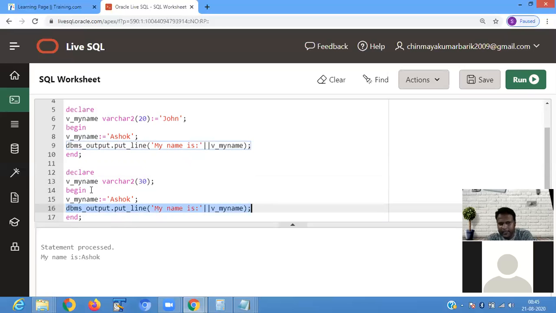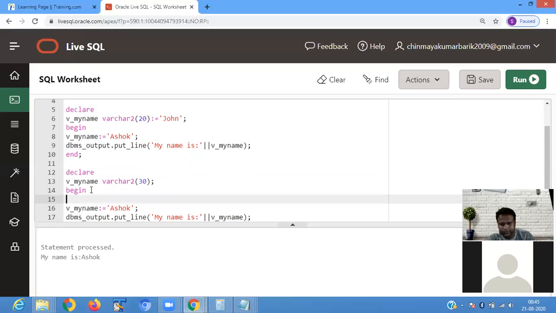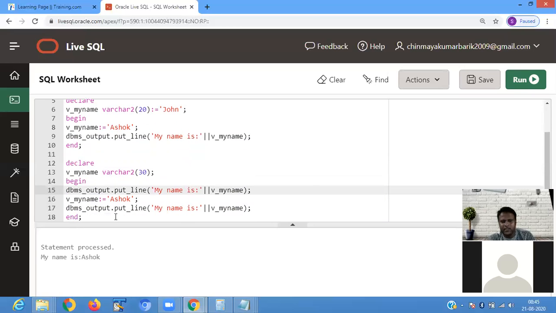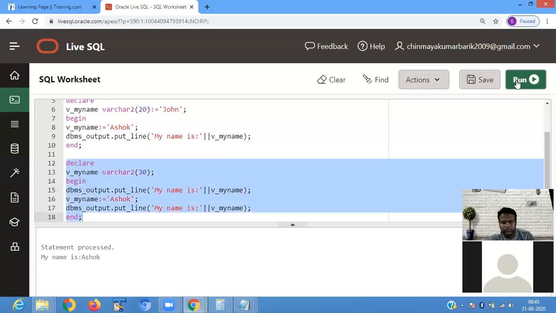Then in the begin and end block, we are passing this one. So after initialization, we print the next value. Okay, so first it is initialized as blank or null. Second, it is initialized again.